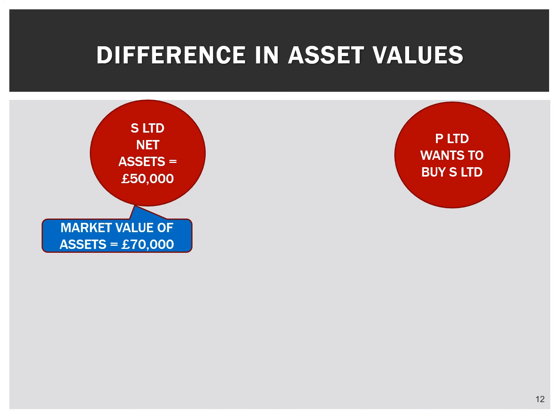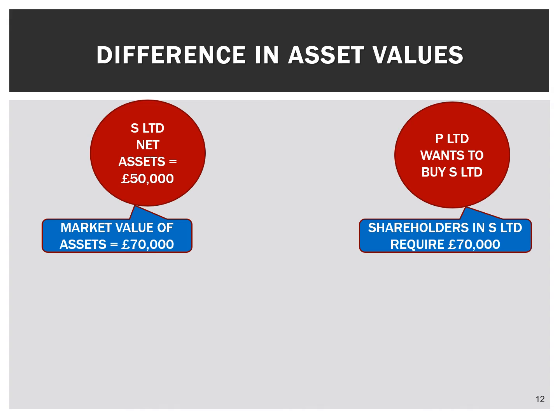So when P Limited wants to buy S Limited, the minimum amount that the existing shareholders are going to want is £70,000, not the £50,000 shown in the balance sheet. It's a mistake that a lot of people looking at buying existing businesses make. They tend to assume that the balance sheet value reflects what the business is currently worth. And because very often there are assets, particularly land and buildings, in the balance sheet that are shown at historic cost and are now probably worth considerably more than that,